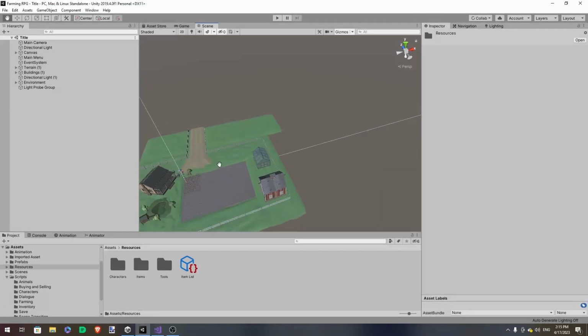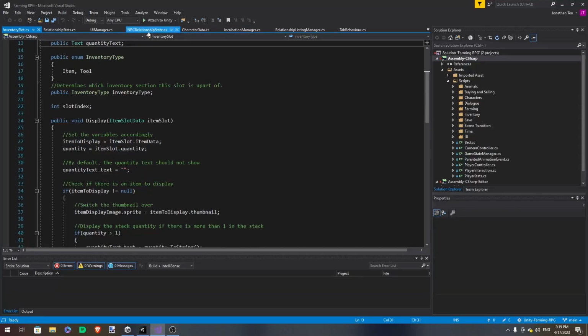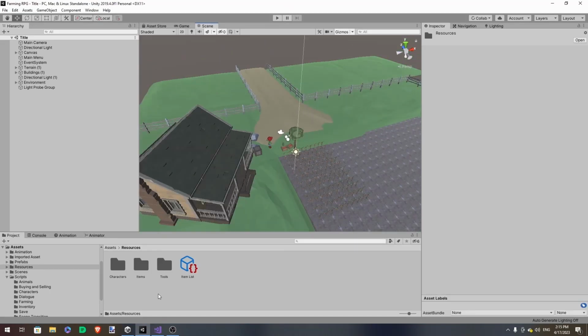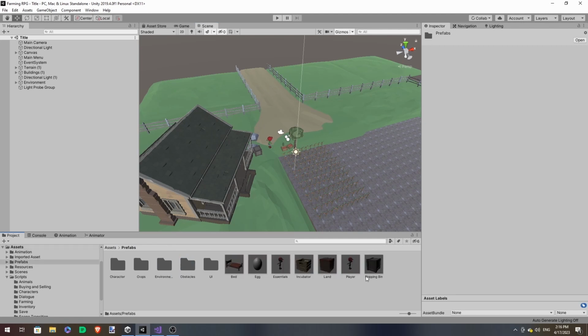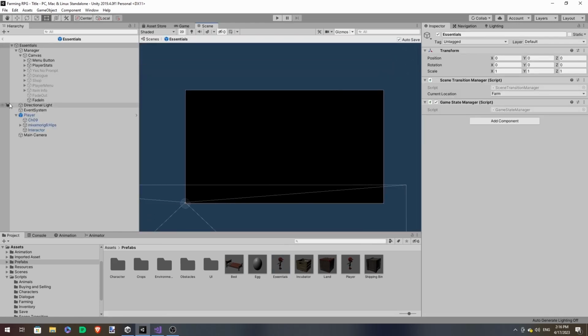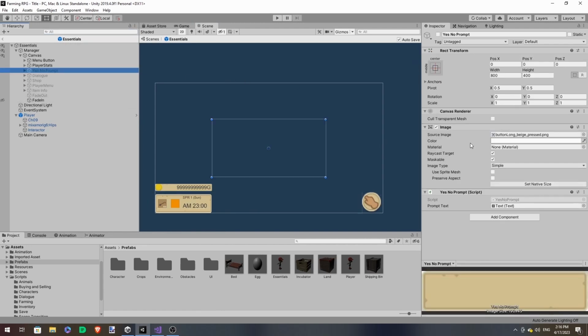So we're going to pick up where we left off, which is from the incubation. We're going to handle the spawning of chickens. So first up, we need the naming prompt to come up when the egg is hatched. So to that end, let us go over to our essentials prefab, and let's create the naming prompt. It's gonna be a lot like our yes no prompt, so let's duplicate it.